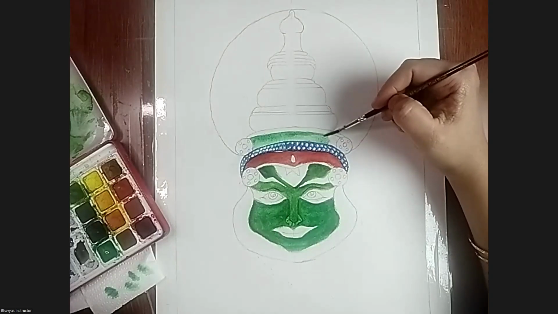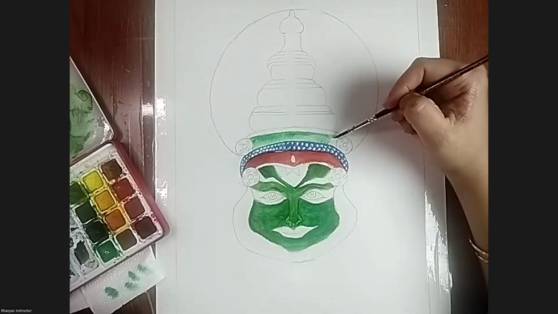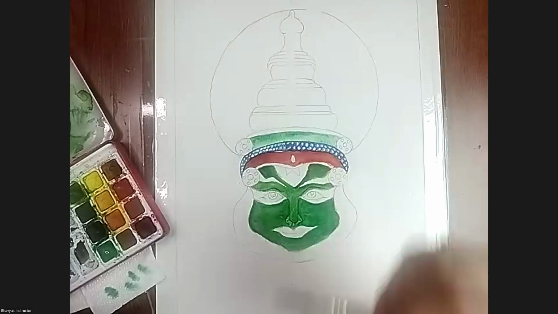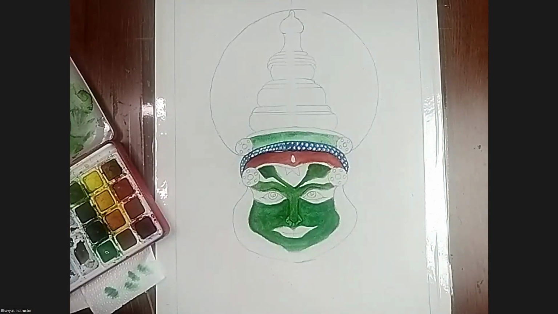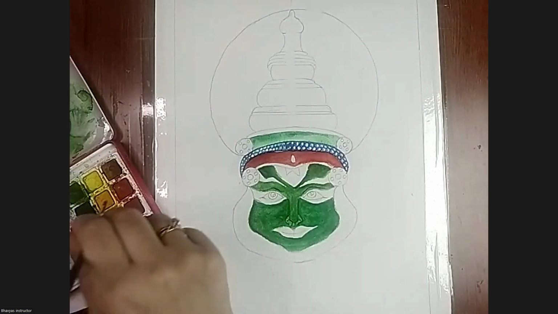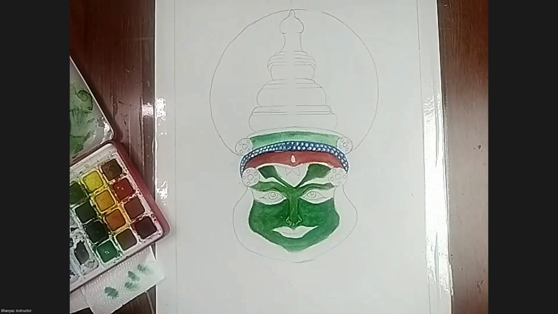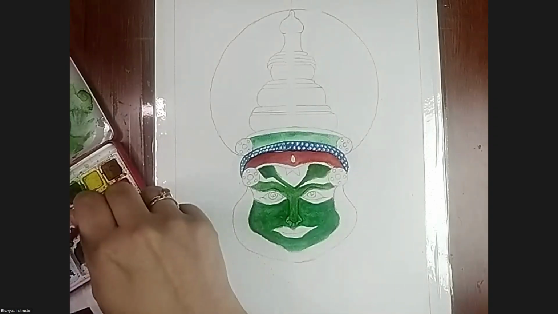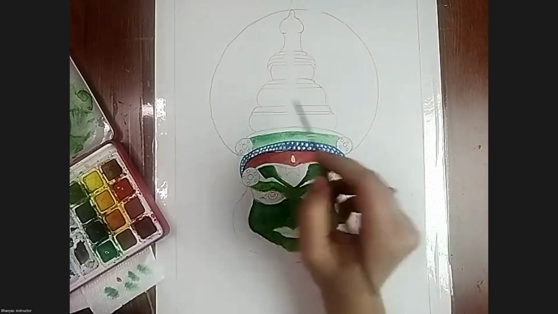I'm using emerald green on top of the sky blue color. Do the emerald green. Once it is done,